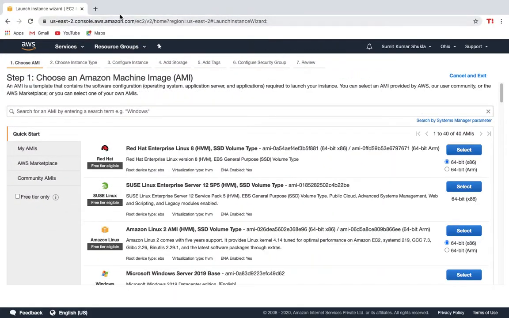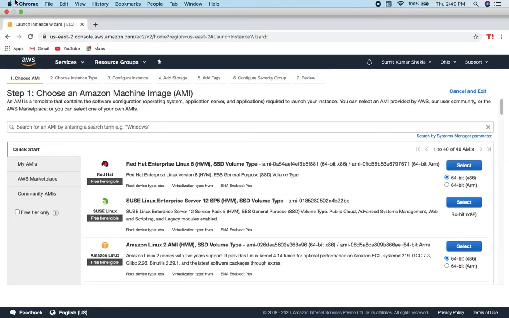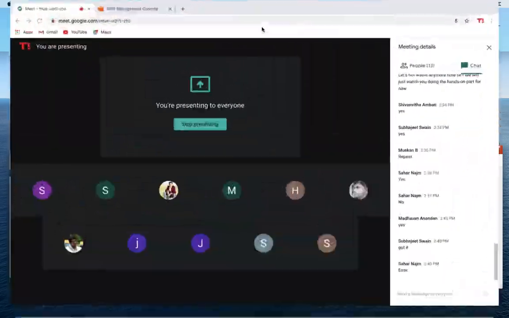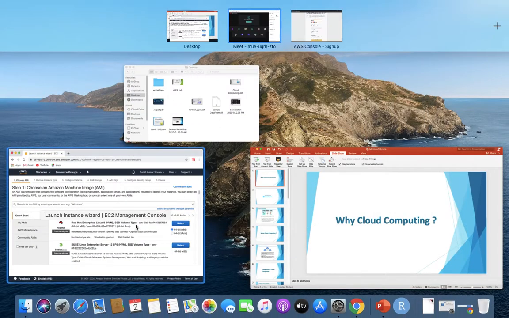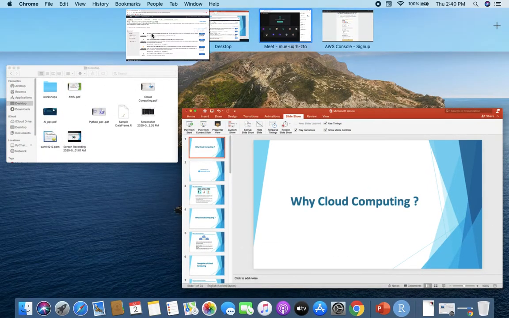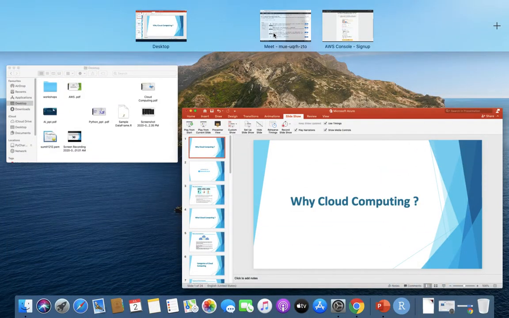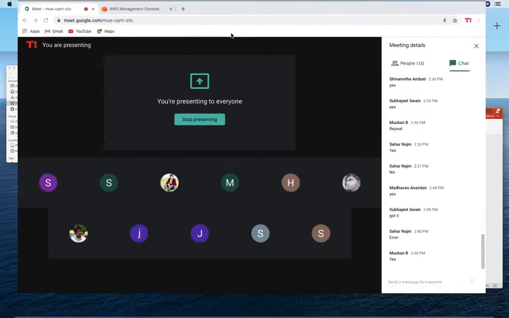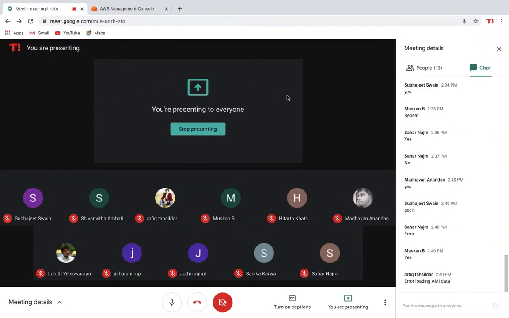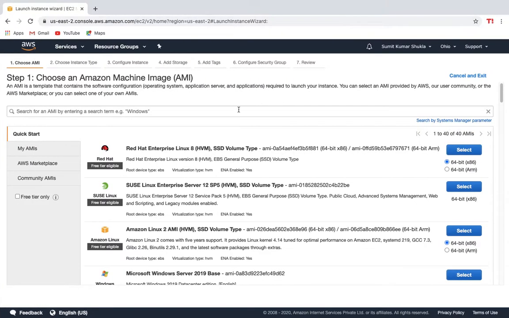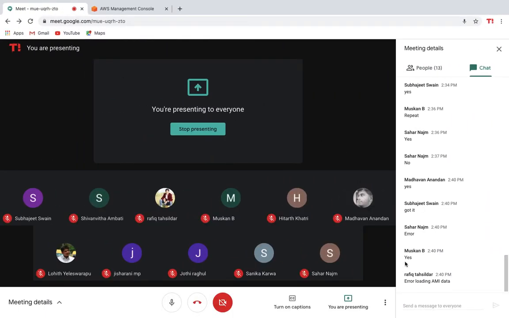Let me create it, yeah, okay. Why is it so? Error loading AMI data. Refresh it, guys. That's why I'm saying you might get some errors. Who is getting the error? Rafiq is getting it and Sahar is getting it.